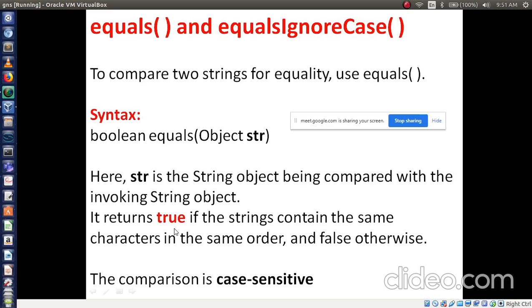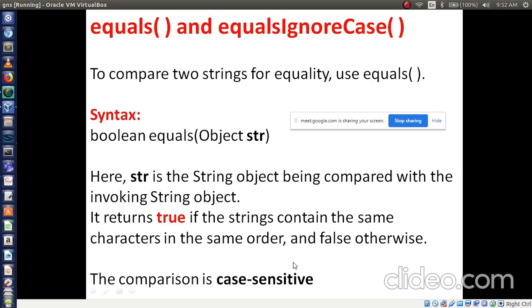So this is the explanation, and the comparison is case sensitive. Remember this, case sensitive. Small a and capital A, both are different. That's why we have written here case sensitive.